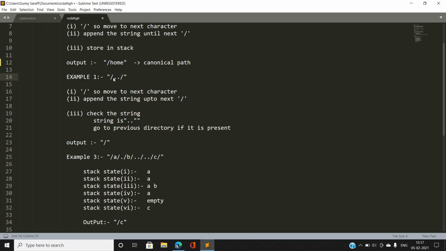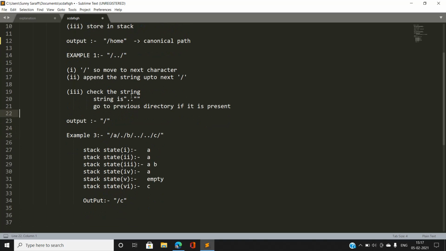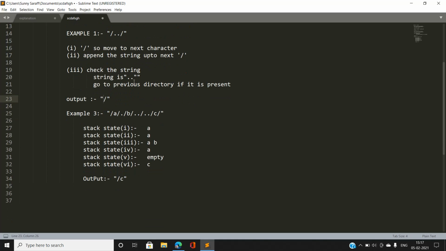The stack is empty here. So our output would be a single forward slash, because there is no string that is finally stored in our stack. And suppose here is another example denoting absolute path.